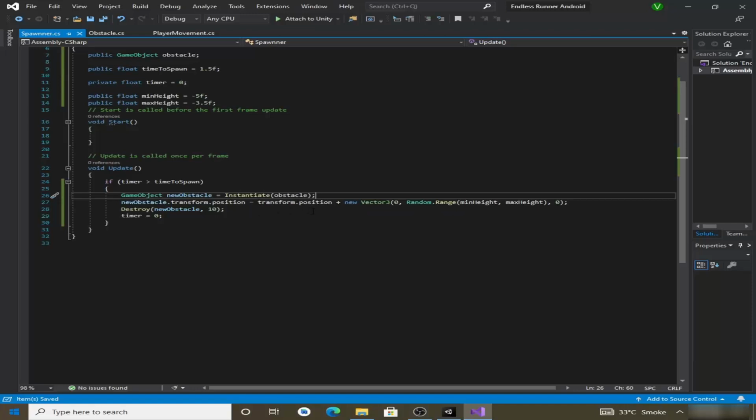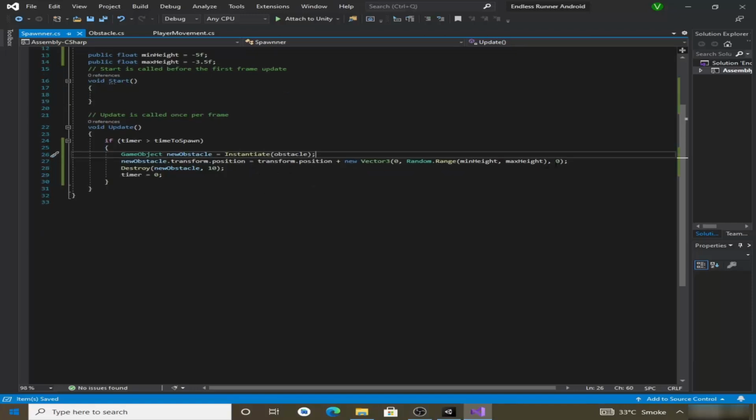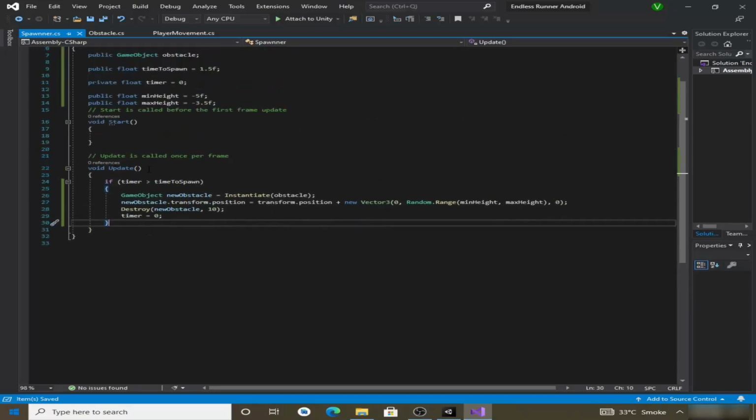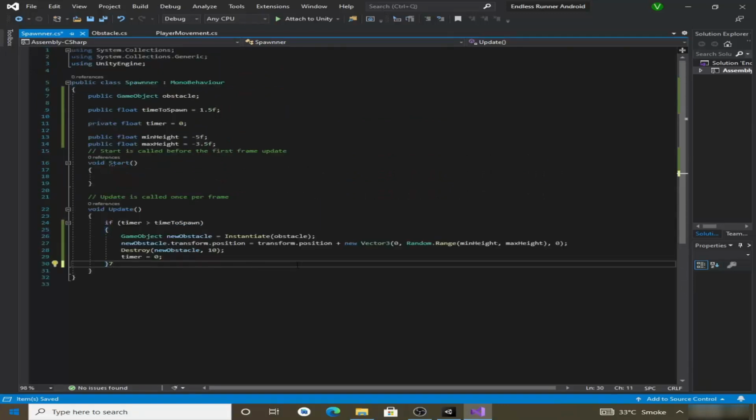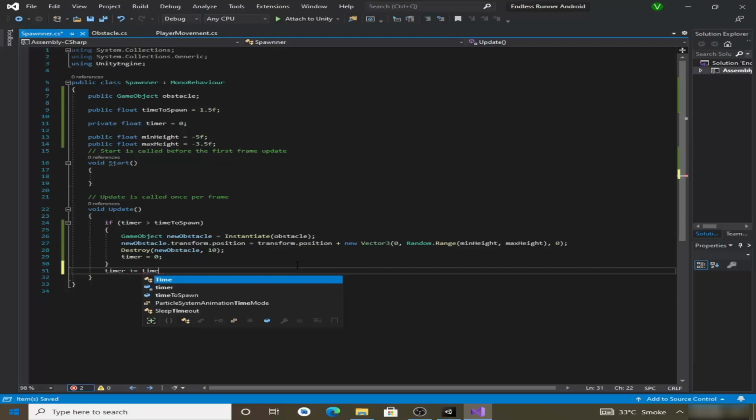So here, after the if statement, we have to add one line, which is timer plus equals time dot delta time, because we need to increment our timer on each frame. So we will increment it by time dot delta time. So now if we go back to Unity and hit play,